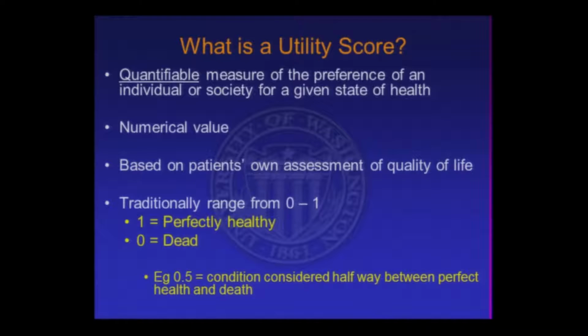But that being said, we'll start with utility scores, which is really the basis of a lot of these determinations. What is a utility score? Basically, a utility score is a way to try to quantify a certain condition or disease state, and it's based primarily on patients' self-directed health-related quality of life. So it doesn't have to do anything, for instance, in the spine world, with how good your x-ray looks, how pretty your screws look, how good your fusion looks. It's really a completely patient-based quality of life issue.